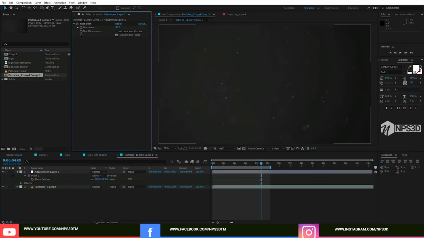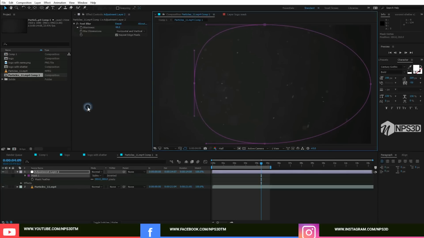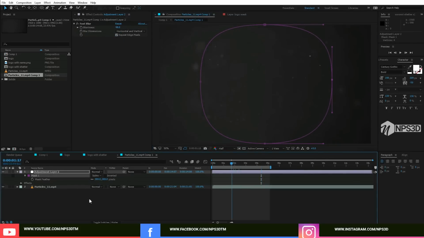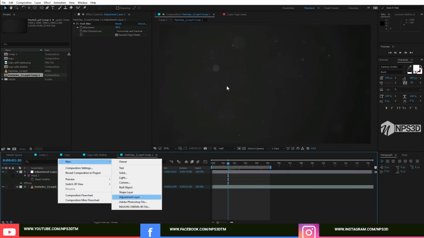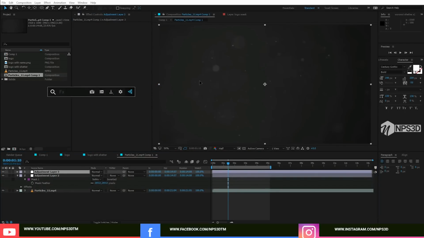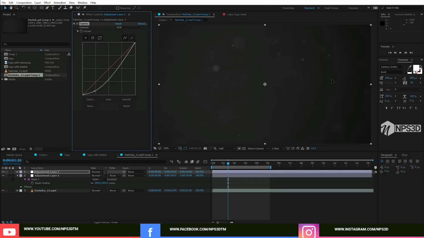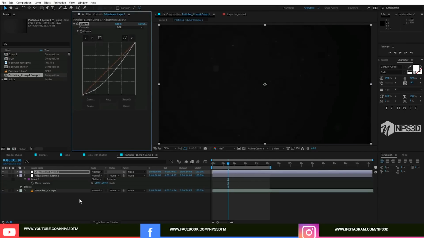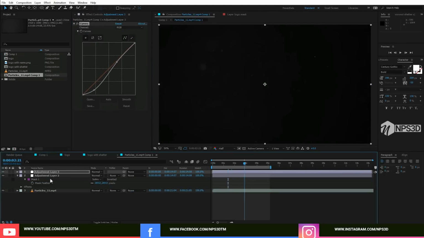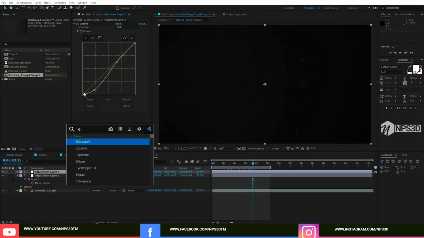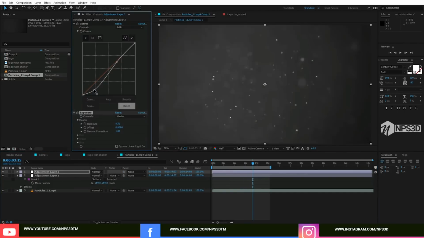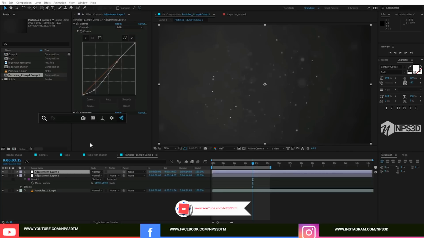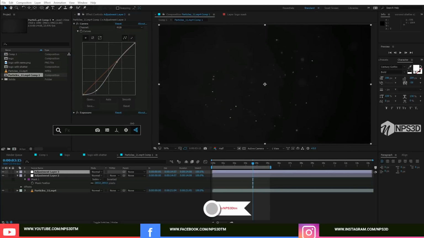Create a new adjustment layer, and this is going to be our color correction. So let's add a curves effect and make it like black. Let's add exposure, add a glow,